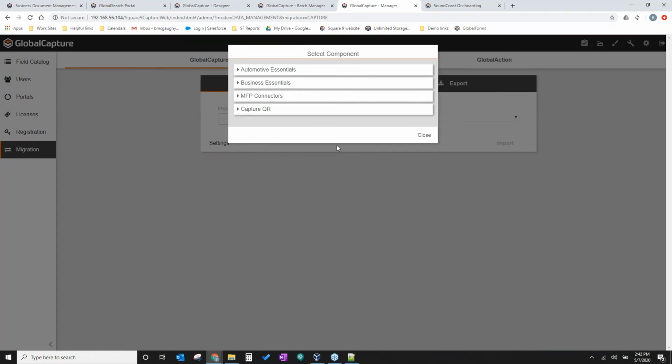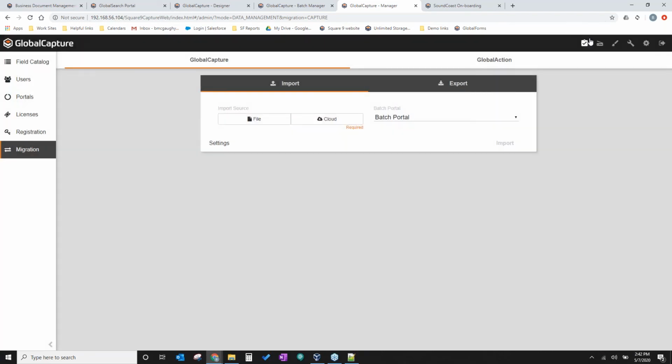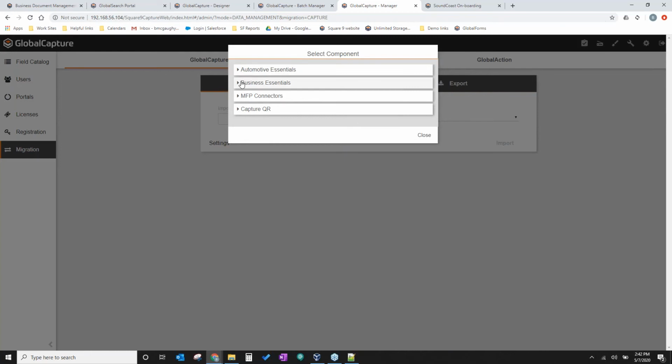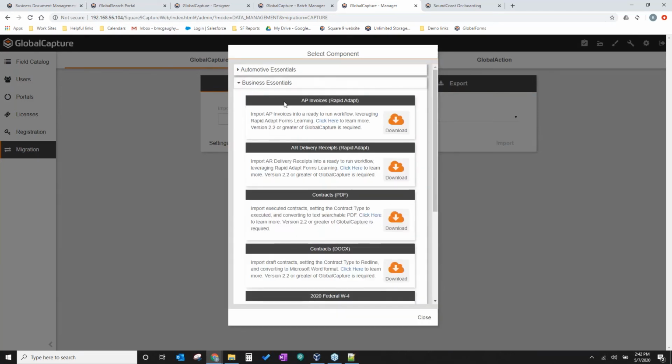As long as you have a license of our Global Capture software, you can go into Global Capture and import those workflows automatically, right? So under our Business Essentials, that AP Invoices Rapid Adapt is what we were just looking at.